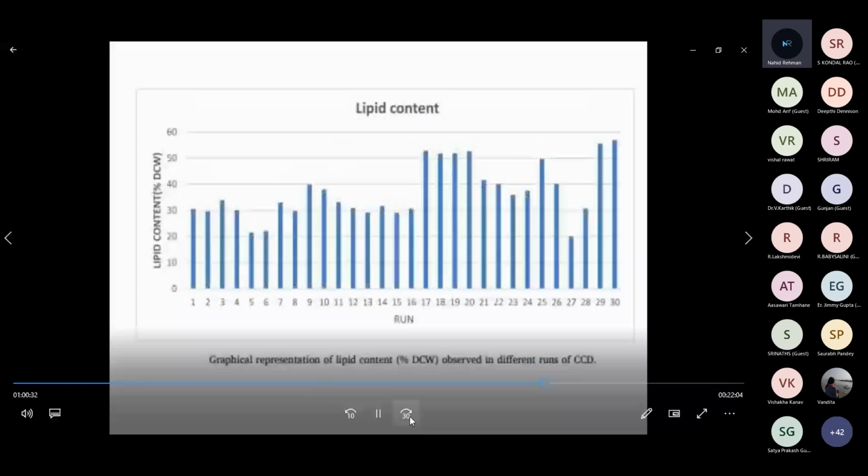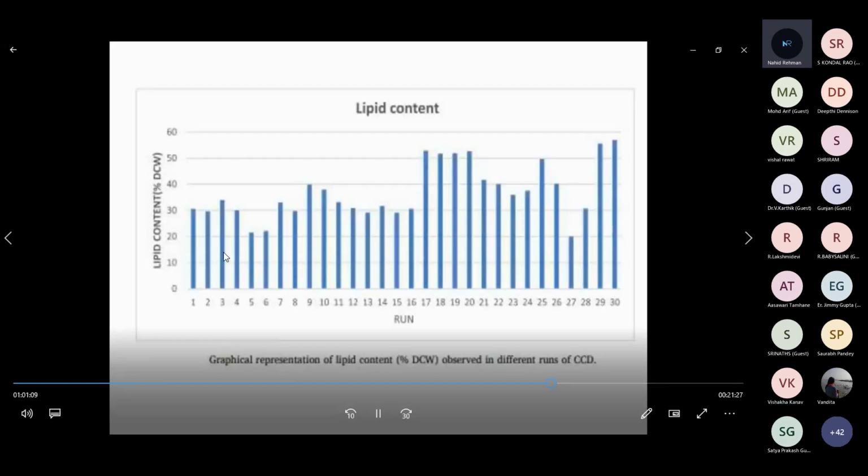So here you see that for all the 30 runs, we have plotted a graph to show you the variation in the lipid content, and so you can visually see how the combinations of different parameters are affecting the yield of lipid. So I think now you agree that this model, whether it is CCD or BBD, will help in optimization